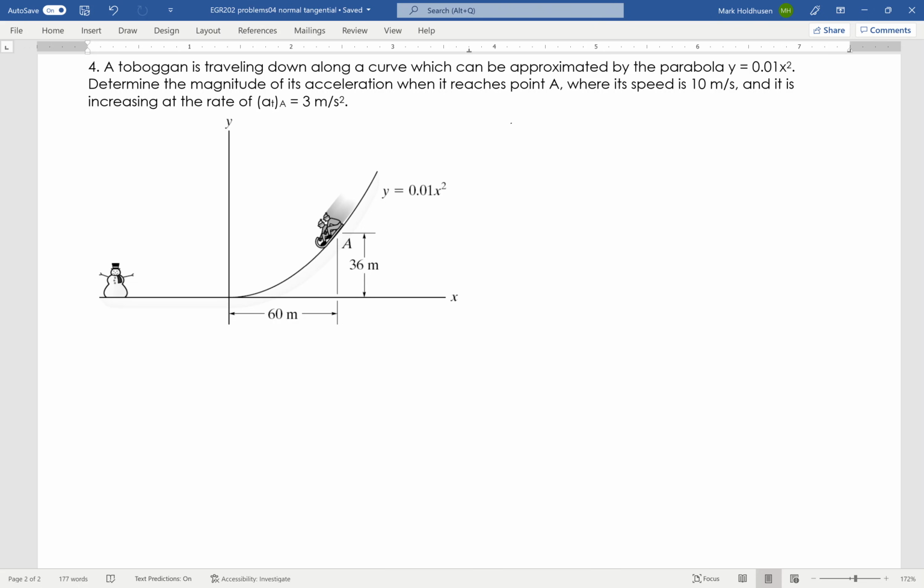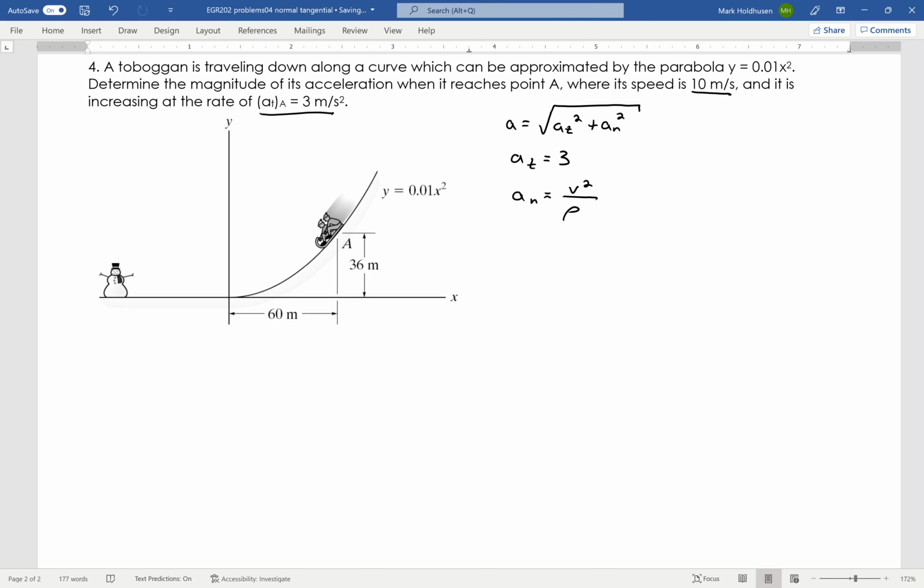Okay, so my total acceleration is going to be the tangential acceleration plus the normal acceleration. My tangential acceleration is given to me as 3, given in the problem statement right there. My normal acceleration is going to be v squared over rho, where my velocity is 10, and of course